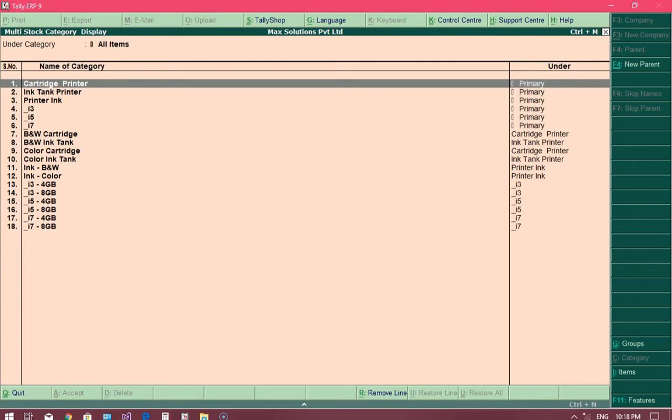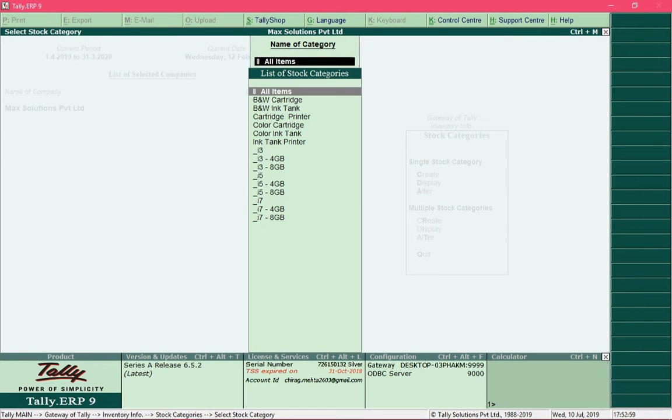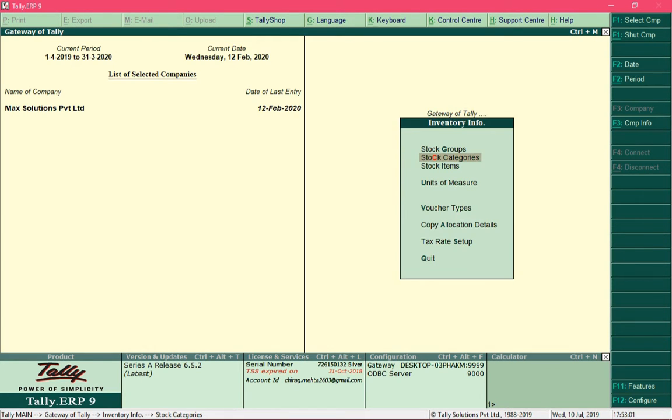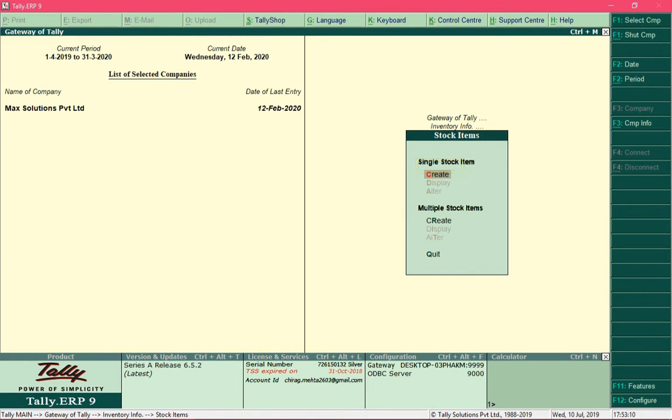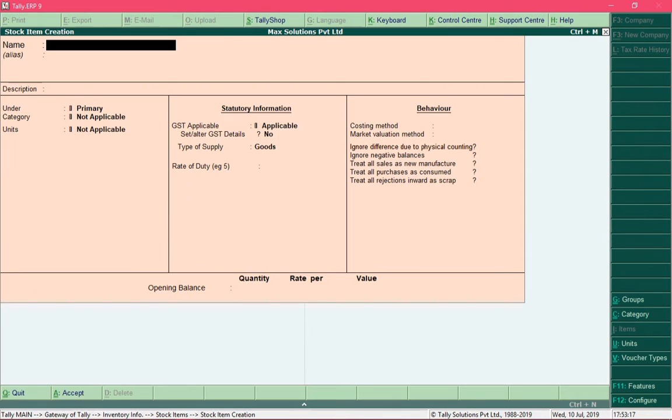So now keep pressing the escape key until you reach the inventory main menu. So over here navigate to the option stock items and press enter and select create, which is under single stock item. Now let's create the first product. It's a laptop from Lenovo, and its model number is